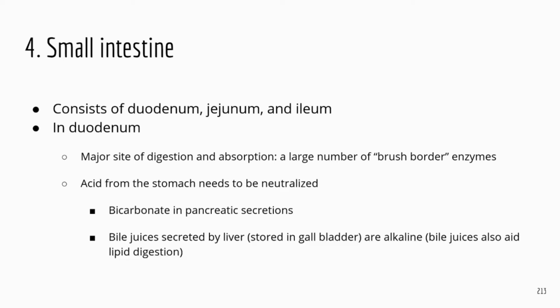Okay, now a few things about small intestine, just in case you see questions on these. Small intestine has 3 sections, right? Remember the order: duodenum, jejunum, and ileum. And again, the main site for digestion is going to be duodenum, right? Because it receives a lot of enzymes, and also has a lot of enzymes from its own. Duodenum is connected to the stomach, right?